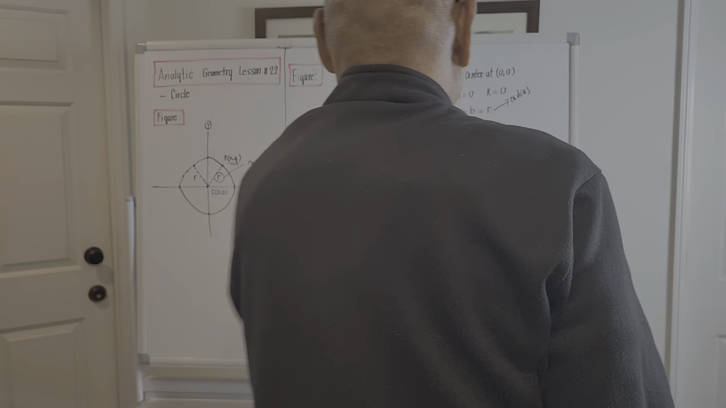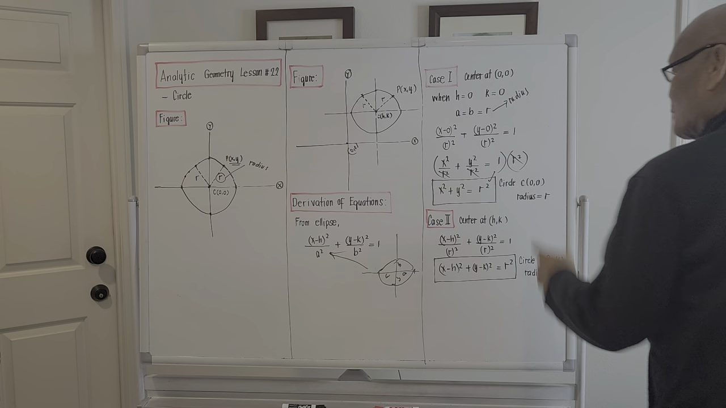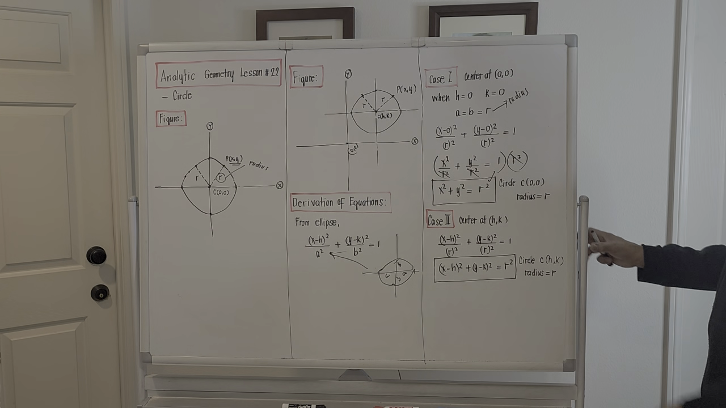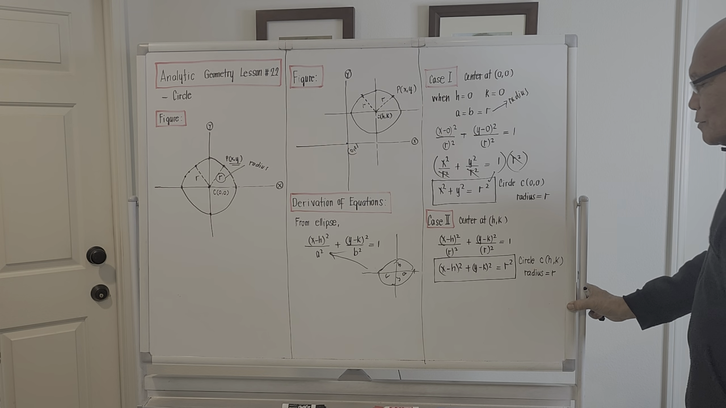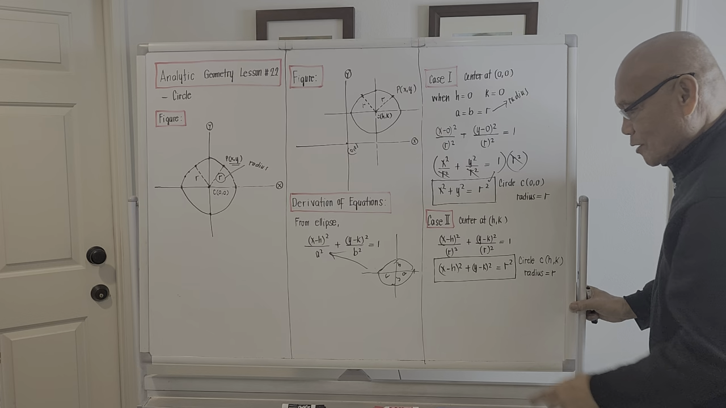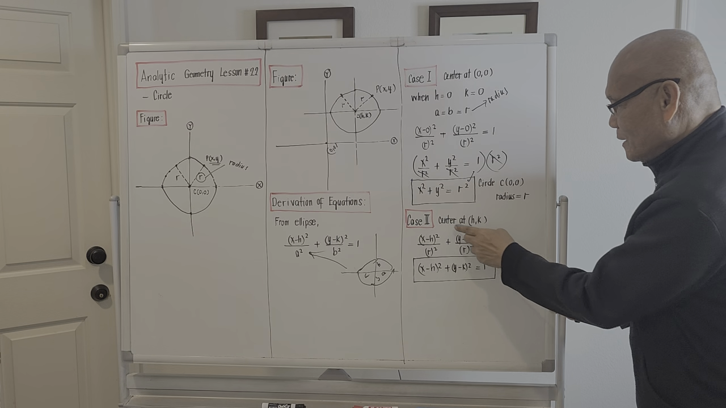Okay? That's equation number 1 for the study of circle. It's a simple one, right? Because the center of the circle is actually at 0, 0. For case number 2, if the center of the circle is at h, k,